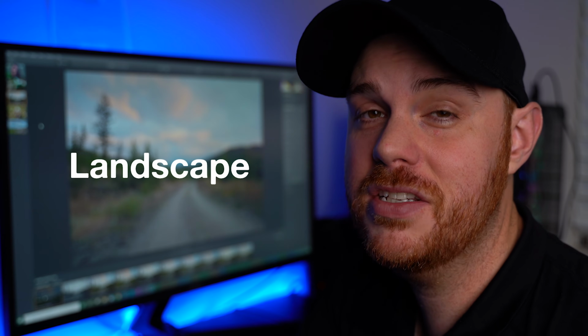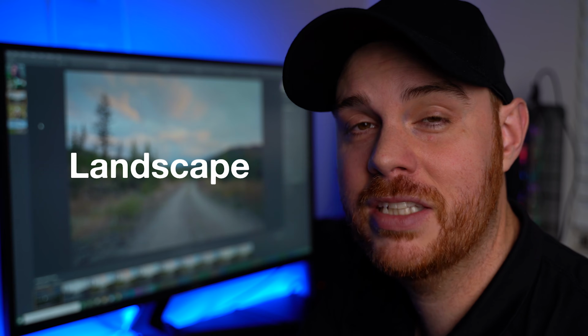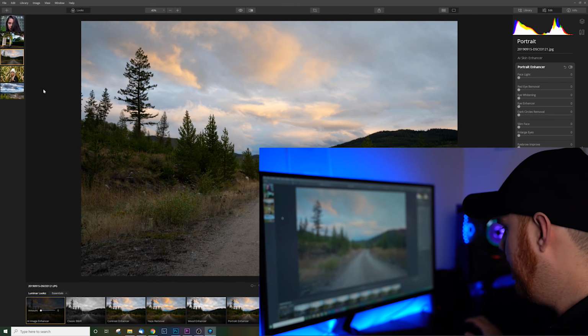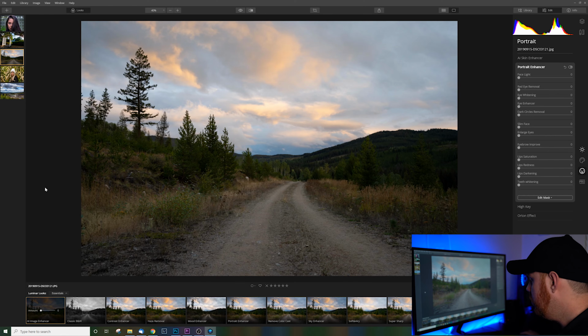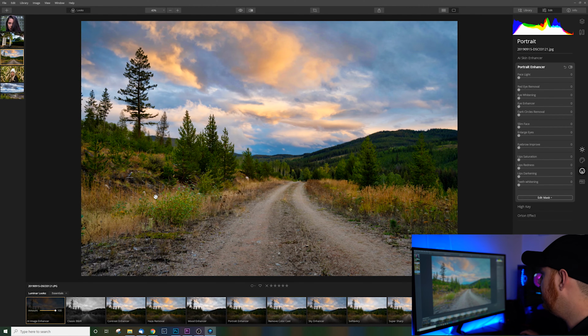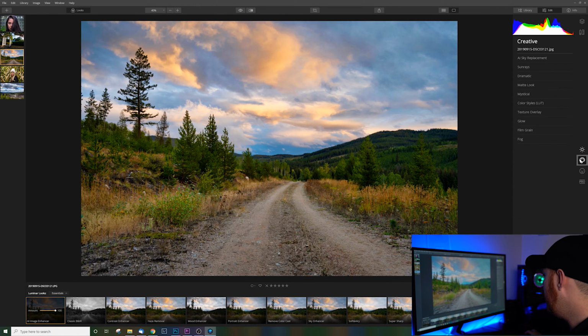So next, let's have a look at a landscape photo. And this is another area where this program really shines, and for a few really neat reasons. Let's check it out. Once again, I'm gonna go right to that AI image enhancer and let it do its thing. So right off the bat, even at 100%, that's not even too much for me. It's got a little bit of an HDR look, but this time we're gonna go over to our creative tab